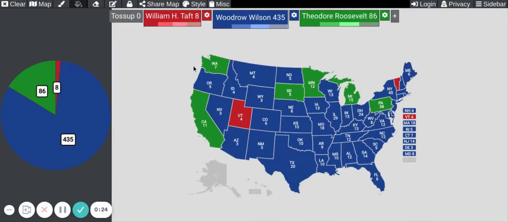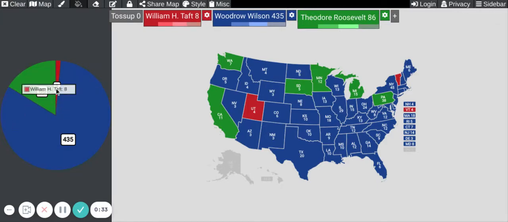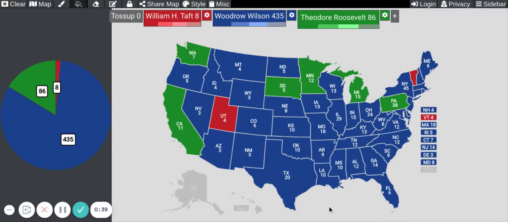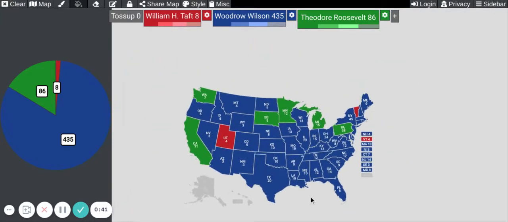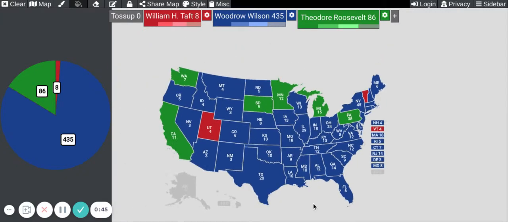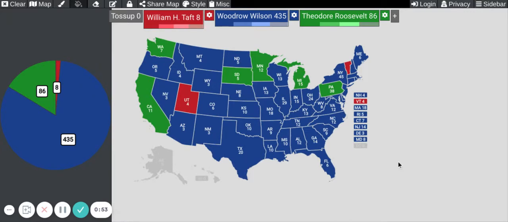Here are the results of the 1912 election. It was Woodrow Wilson versus William Taft. But who is this who did better than the Republican Party itself? He ran a third-party campaign, and his name is Theodore Roosevelt. He was from the Progressive Party, better known as the Bull Moose Party. He was the 26th president, and he asked Taft to run for president after him because he liked him at the time,